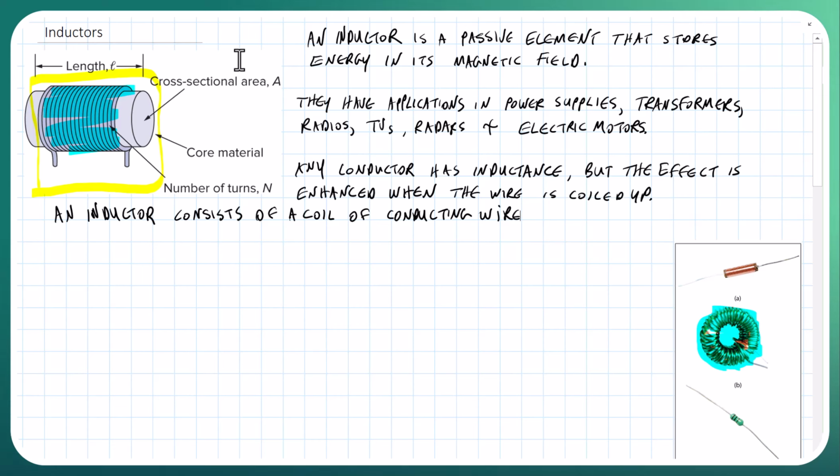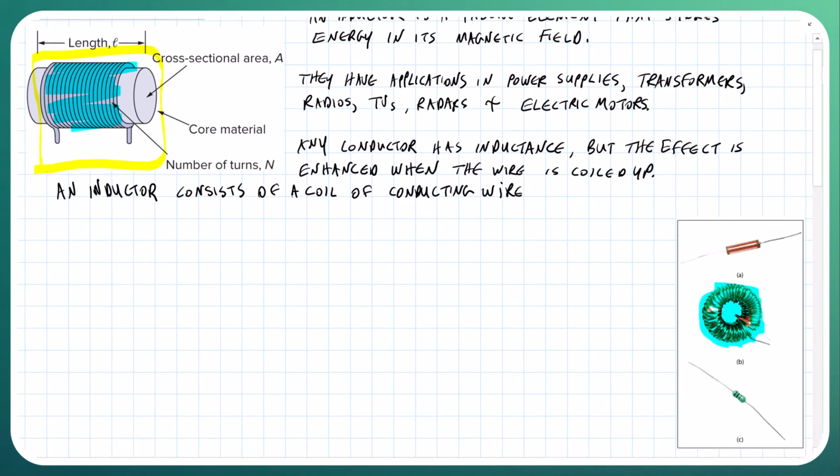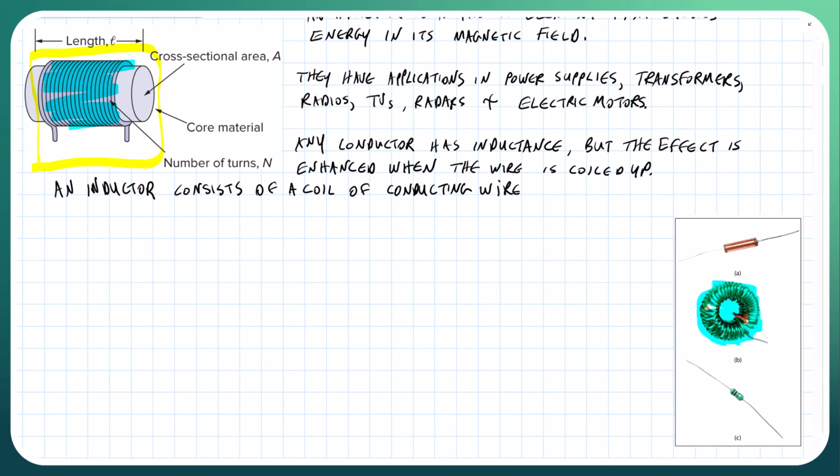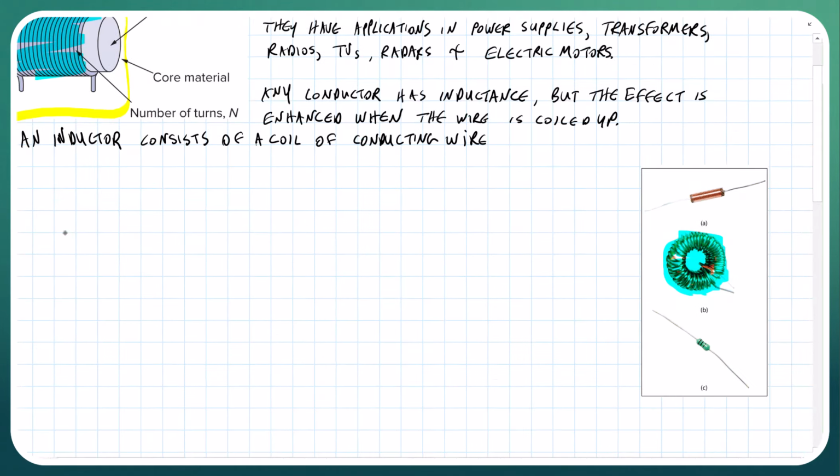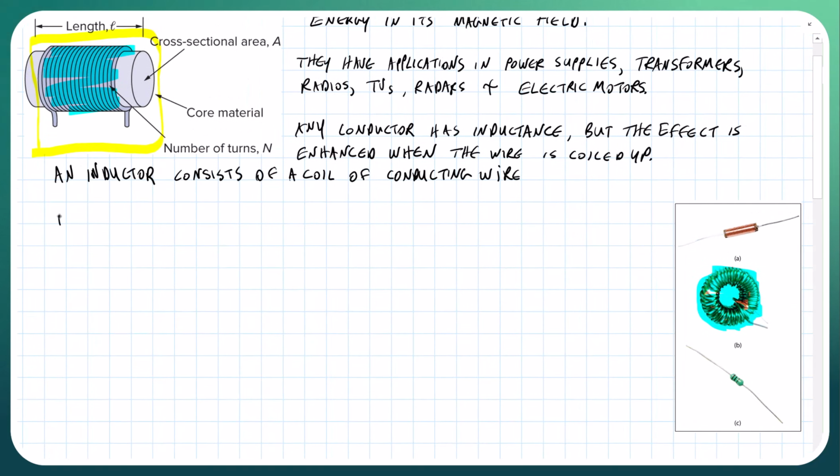If we allow current to pass through an inductor, the voltage across it is going to be directly proportional to the time rate of change in current. Okay, so let's go ahead and write this down here. If we write this equation, V equals L di over dt. I'll define the different components in a second, but